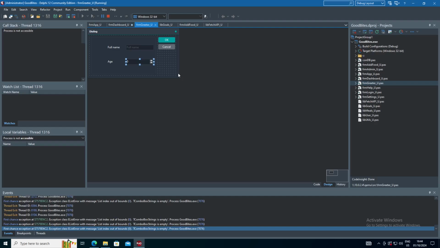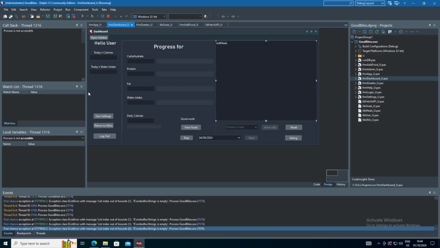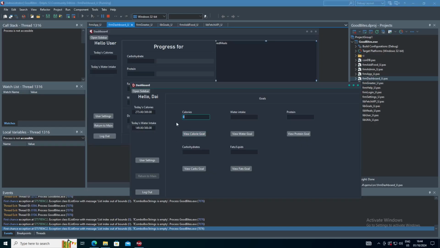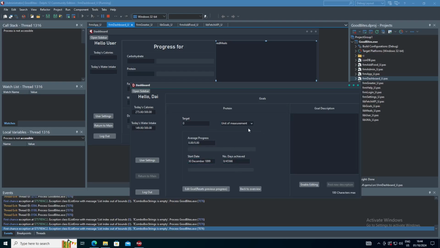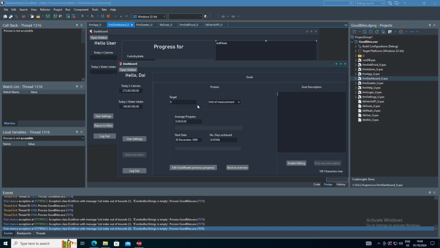Then their goals will be shown to them. If they want to edit them, they're free to come here, or to come here. It'll show them their default goals. Then say view protein goal, let's say they want to change it, they'll just come to this edit. No, they would press this, and then they would enter whatever their new goal target is. Once they've entered their new goal target,